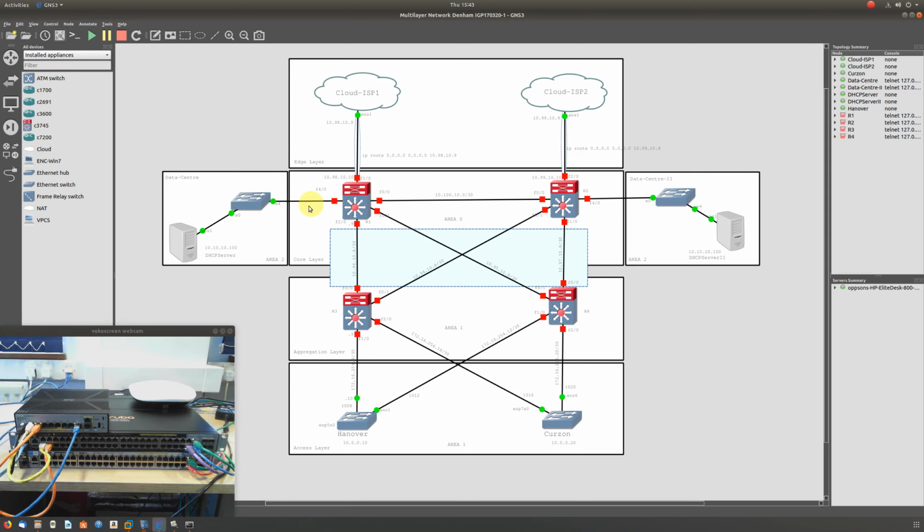Now, the data center, as you can see here, is actually the paper cable there. And once again, there's Hanover, which is switch one. These uplinks are the green and the blue. And then switch two is Curzon. Uplinks is green and red. Okay. Now, with that said, let's go ahead and